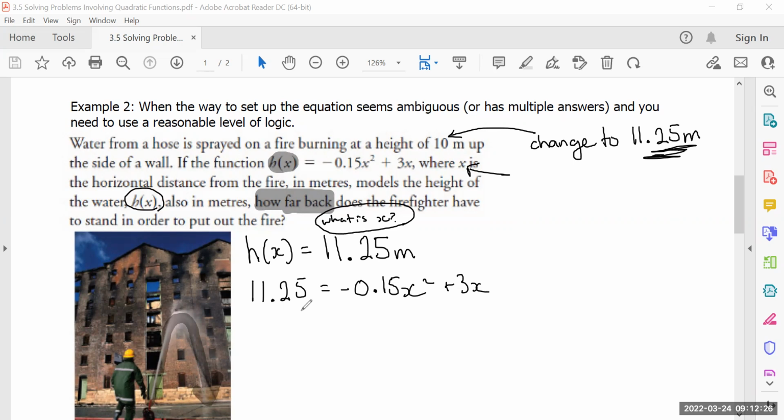But instead of trying every single number in the entire number line, that's a waste of your time and a waste of your energy, there's another way to solve quadratics. And that's what we've been practicing for the past almost a month now, right? You set one side to equal 0, which means I have to subtract 11.25 from both sides. This becomes